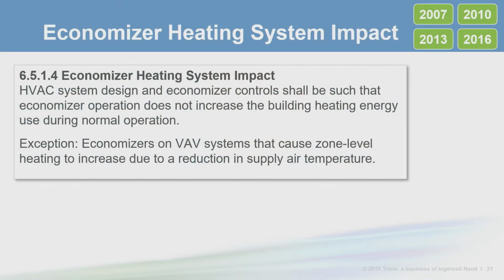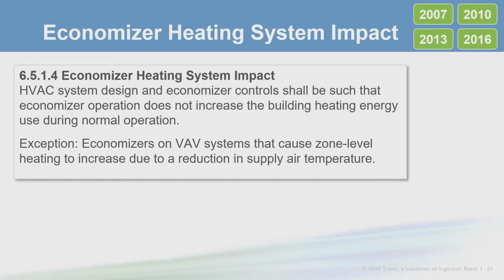Another requirement found in all 4 versions requires that economizer controls ensure the building heating energy usage does not increase due to economizer operation. Said another way, the committee wants to ensure that economizers do not overcool the space. Now, there is an exception which allows VAV systems that see zone-level reheat energy usage due to economizing and the